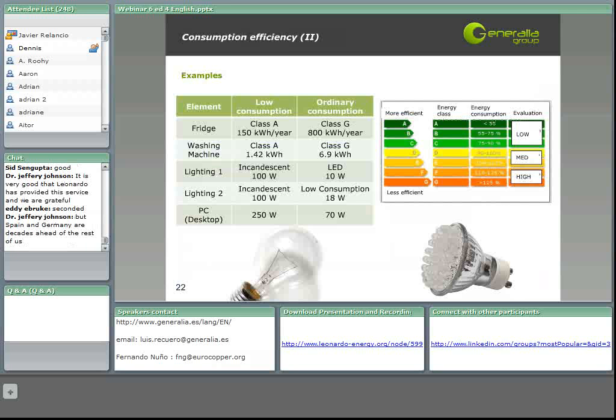Here you have some other examples on how we can improve our energy efficiency, our consumption efficiency, by changing different elements. Please modify the last row in the chart because it is wrong. Obviously, a personal computer with low consumption will need 70 watts, while the ordinary consumption for a desktop personal computer will be around